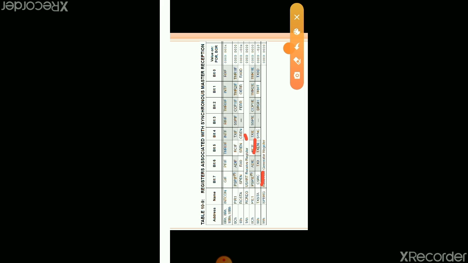For synchronous mode you clear the SYNC bit. If the receive buffer register is full, the flag is set; if it is empty, it is 0. Then the baud rate generator value is stored in the baud rate generator register.